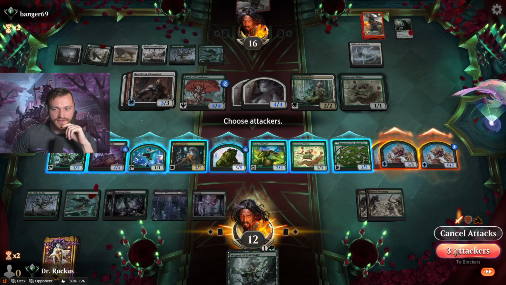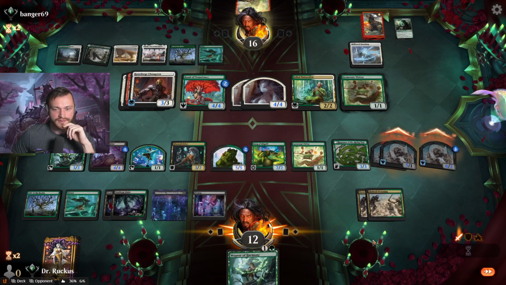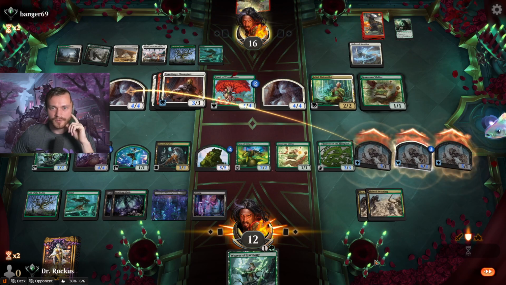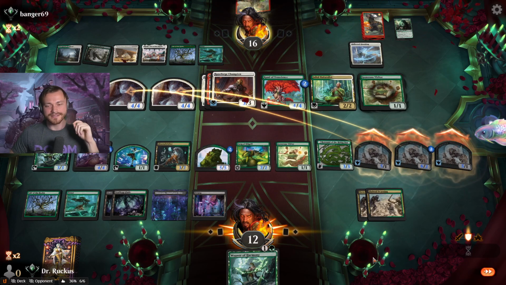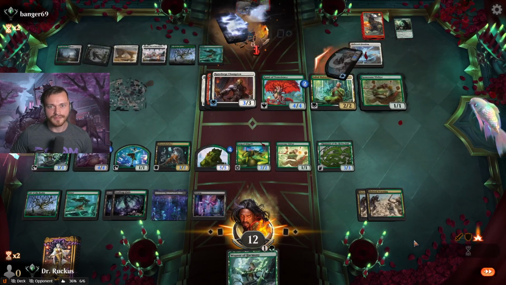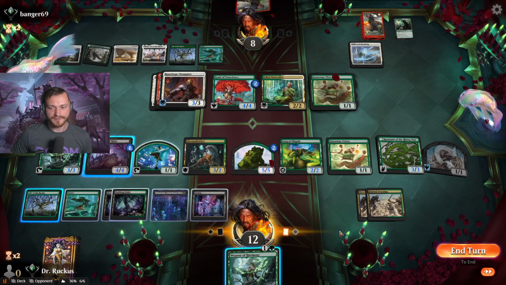That is a force to be reckoned with. I don't think we can lose if we go like that. Yeah, start chumping away. Alright, we got him. We got out of this. That is so much damage coming through. And we can lethal next turn with the...